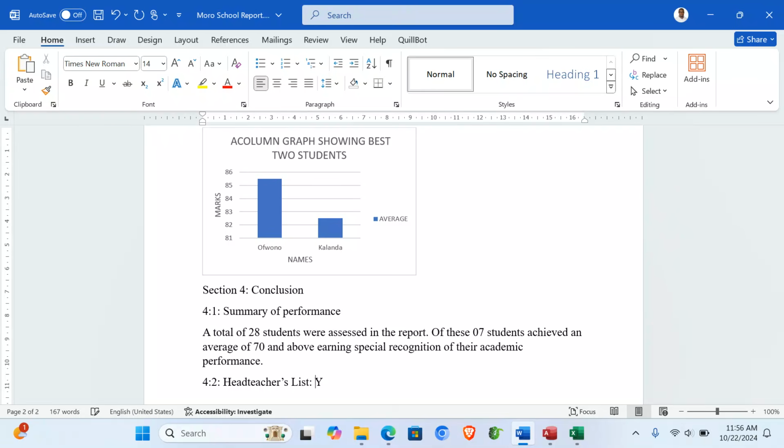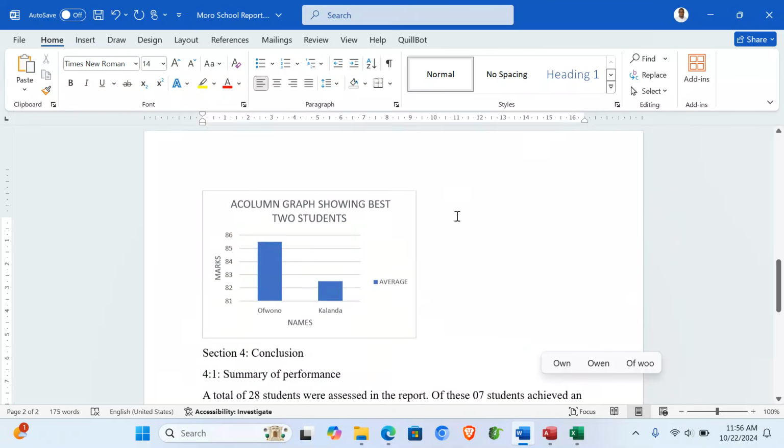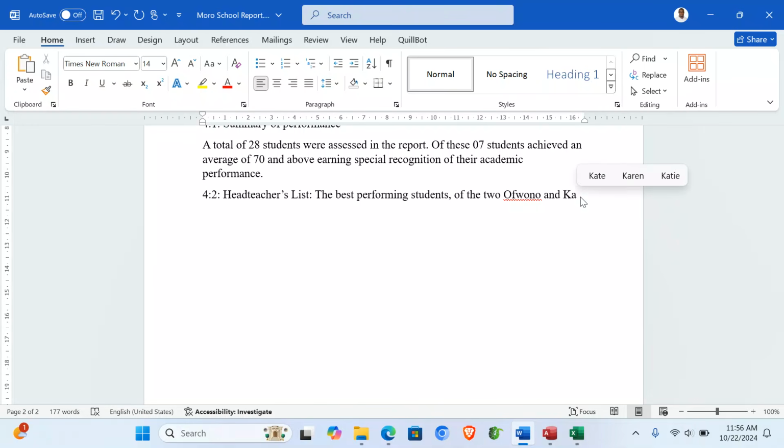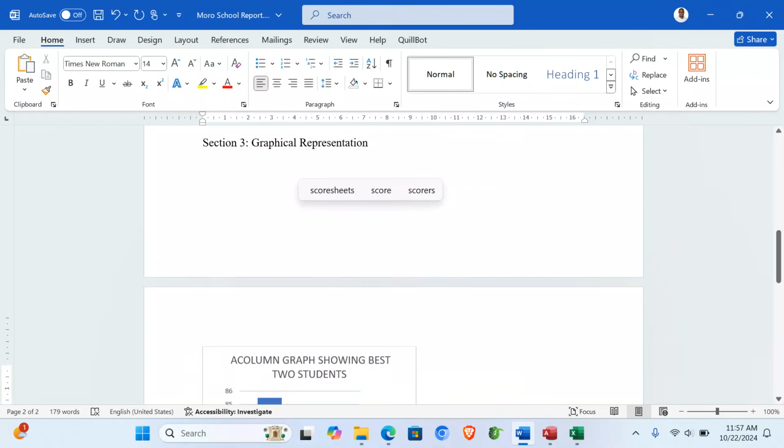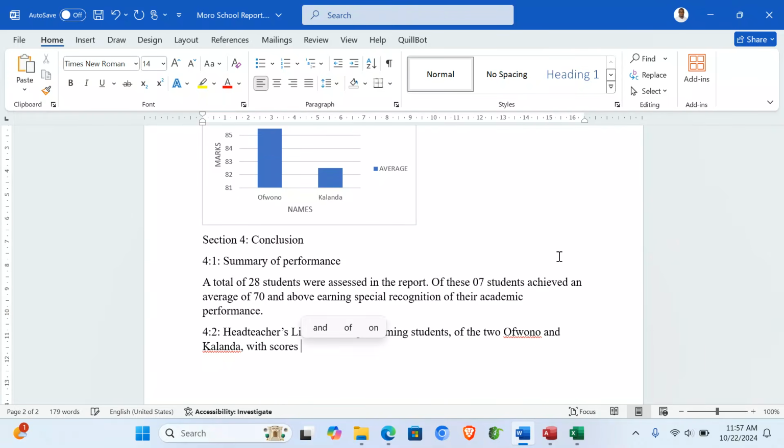So here we can say that the best performing students, comma, of the two where we have Ofono, and Kalanda, with scores 85.5 and 82.2 respectively